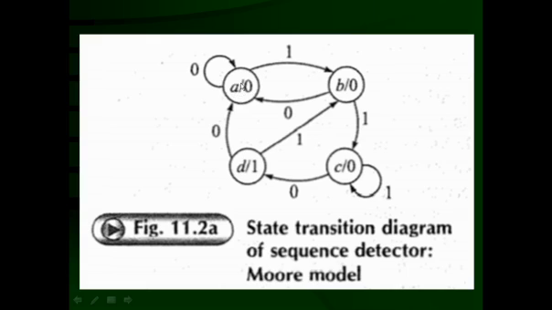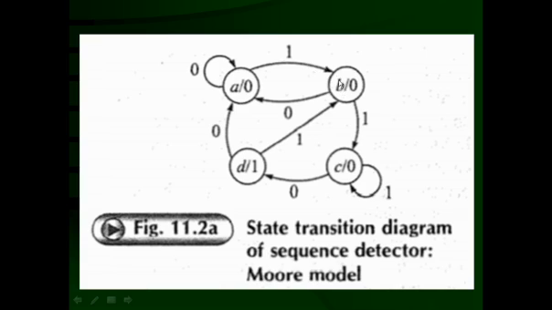Now if it is in state A and at the input it receives the binary data 1 or 0, what is going to happen? Either it remains in the same state or it will jump to the next state, which is shown by a transition arrow. So at x equal to 1, it cannot reside in the same state, so it will go to the second state where the first bit is already detected, and that state is named the B state.